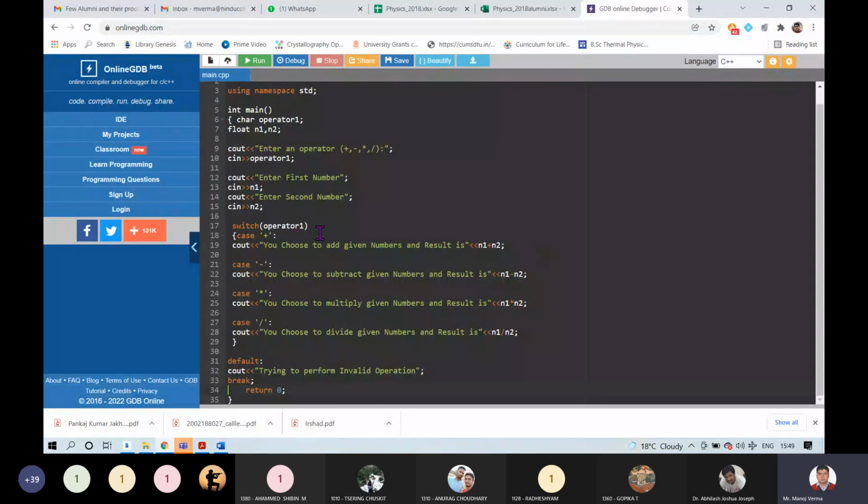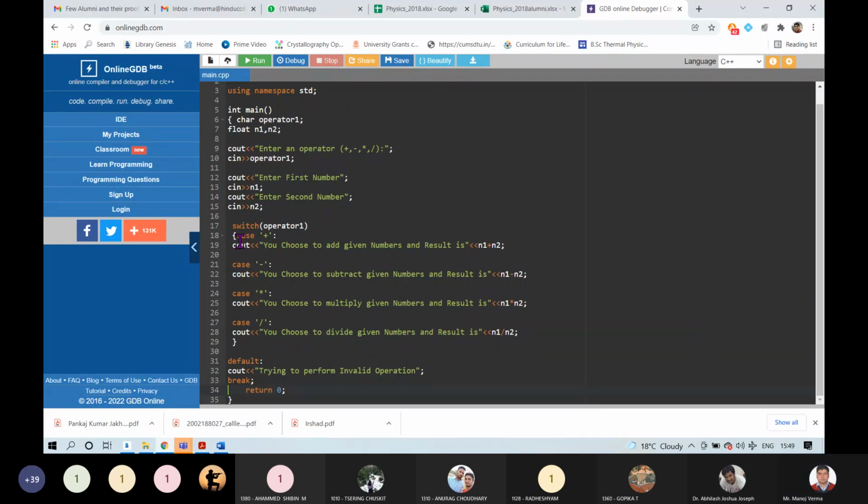Then you are using switch cases, and this switch case will define different cases, and the compiler will execute one of the cases depending on the operator entered by the user.